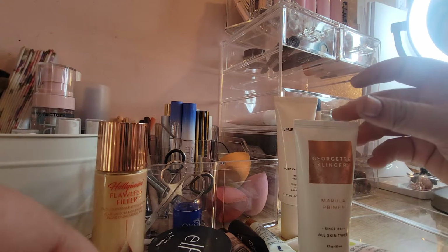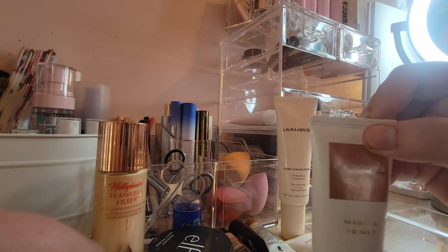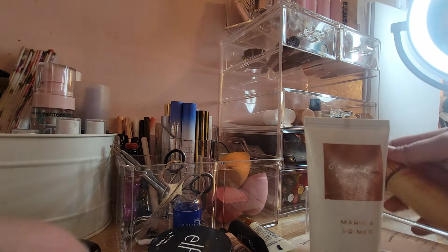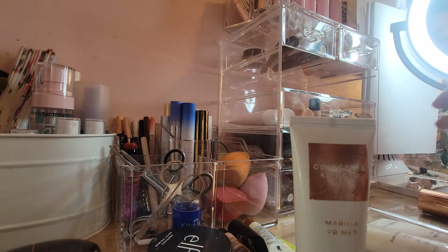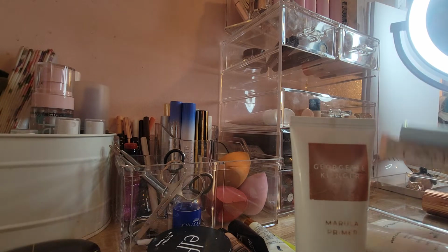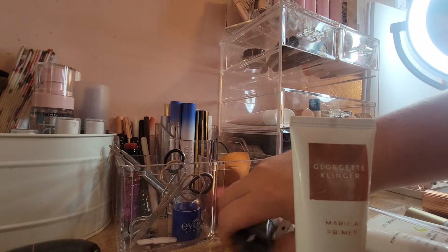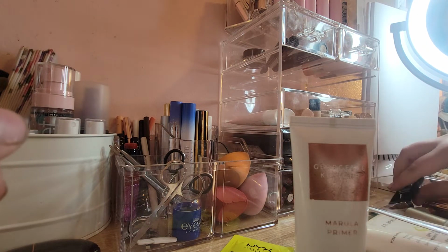And I think I'll declutter this Georgette one. So I'll declutter that one, and we'll keep the others. So let's see, I have the 2 SPF ones. I have the Charlotte Tilbury. I have the 2 eyeshadow primers, and my Poreless Putty Primer, which is a must. It's really good, and you don't really smear it in, you kind of press it on and pack it in, keeping all the